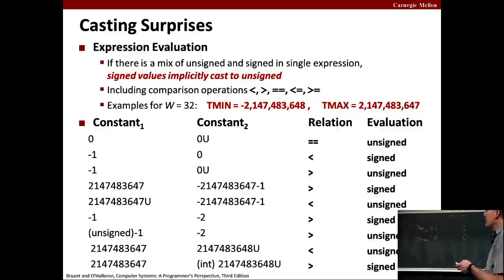And when I subtract, you can think of it as negative T max minus 1, so that's T min. So if I do an unsigned comparison between those two, now think of this leading bit not being a negative weight but a positive weight,